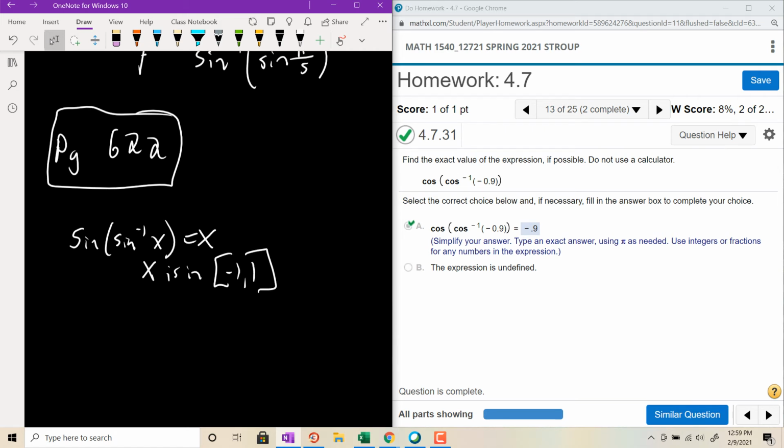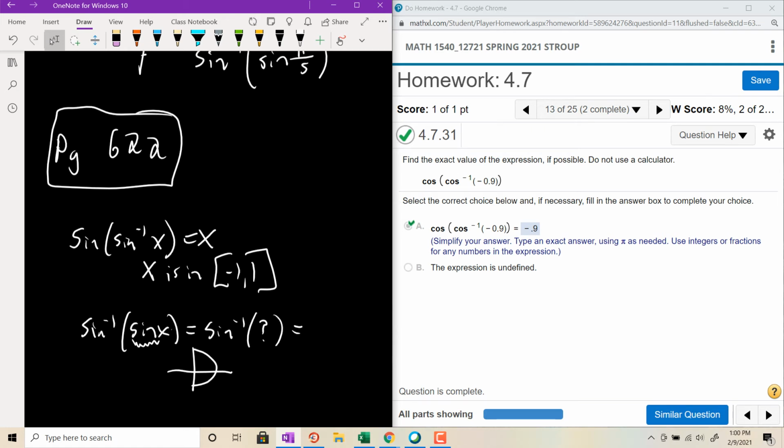Otherwise, you have to do that method where you do one step at a time. So if you have sine inverse on the outside and then sine of x, you have to evaluate this first, and then you'll have sine inverse of something, and then you figure that out based on the